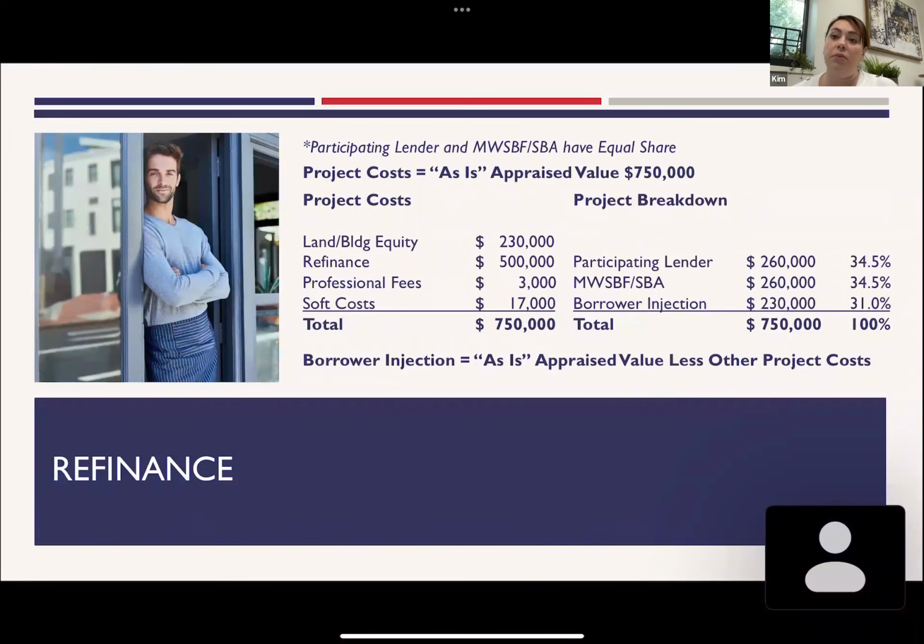Now, this is if they have additional equity in the project. So the as-is value of the appraisal is $750,000, and the refinance is only $500,000. So the remaining equity left over in this case is $230,000, which actually equals 31%. And so we plug that number in, and that remaining amount we can divide between our portion and the participating lender portion. So you can see that we're at 35.5%,